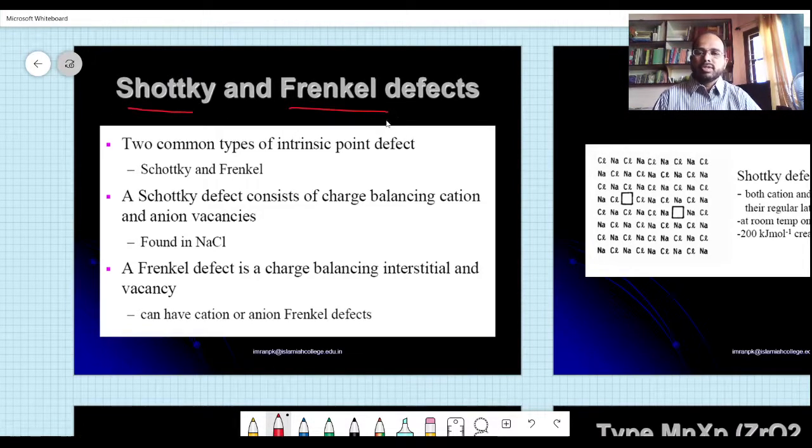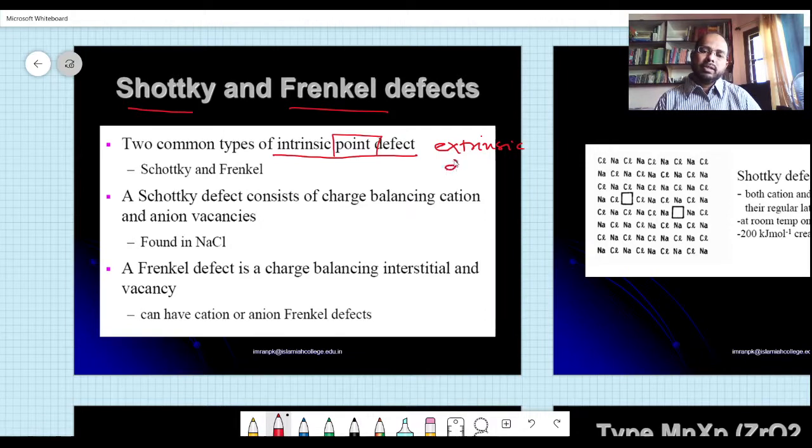These two are named after their founders. They are the two most common types of intrinsic point defect. So the first one is the point defect that we are dealing with. Intrinsic is quite opposite of extrinsic. It is internal. With extrinsic, you will have the doping